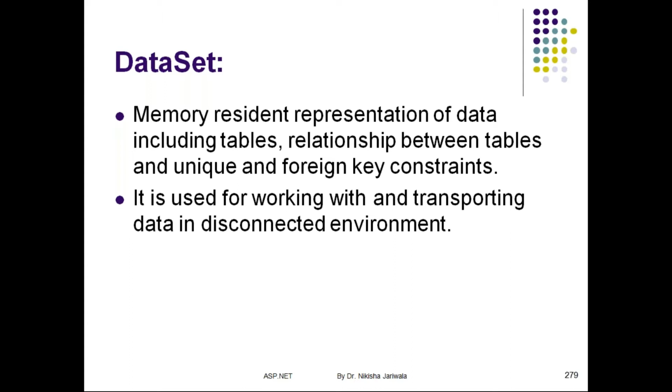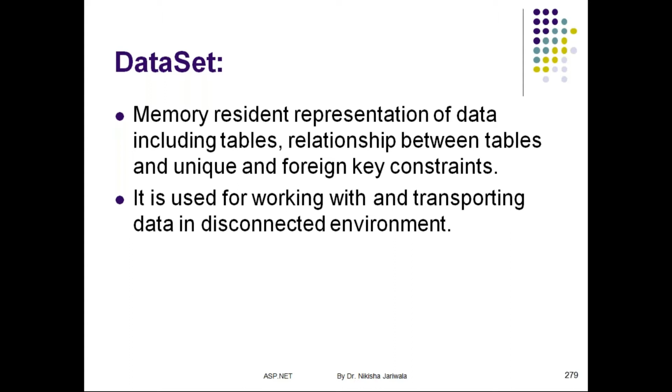So after the end of the day, if all changes have been done, then I can reflect those changes within the database. What I need to do by the end of the day is again open the connection, reflect those changes, and close the connection. Means for the whole day I don't need to keep my connection to the database open. So security will also be there in this type of scenario, if we do the operation in this way.